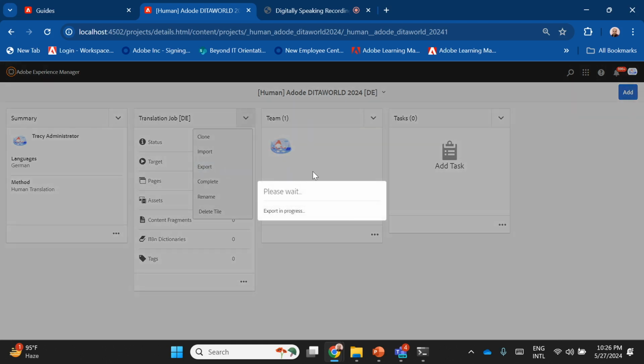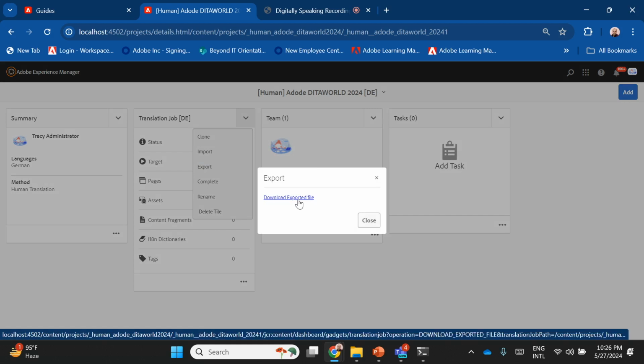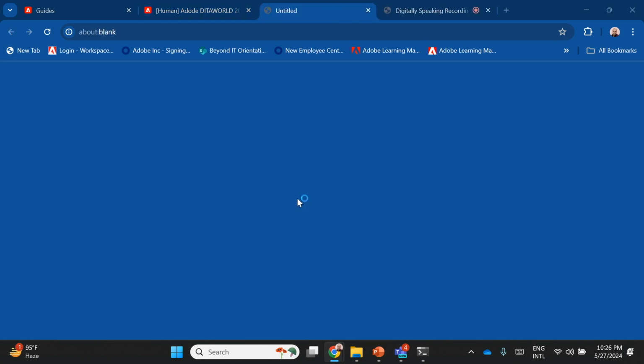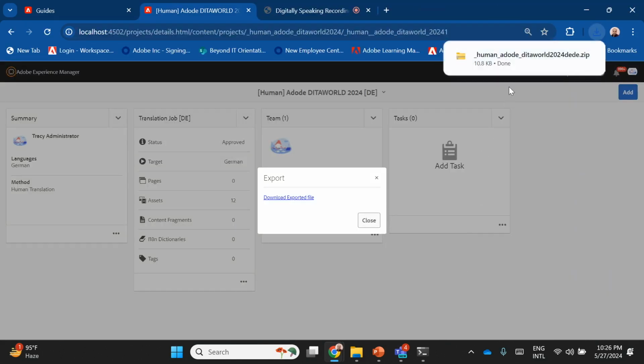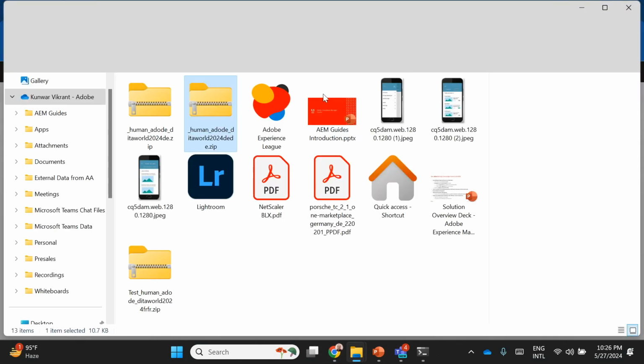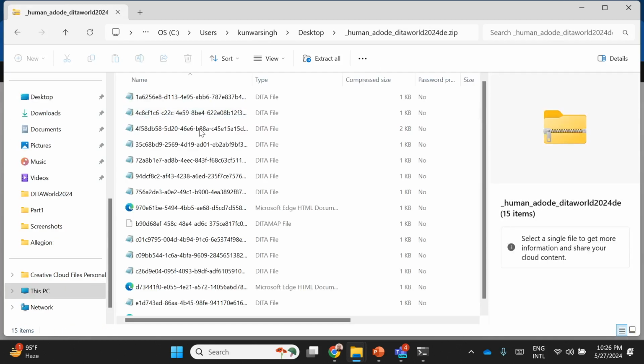If she presses on export, it's going to create a package. Now this package could be in XLIFF format, or it could be in data format. She quickly goes ahead and creates this package here. Now this particular package could be shared with the external agencies, and if I look inside this package, she will